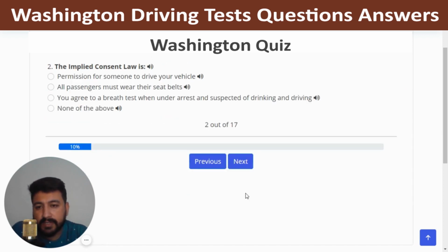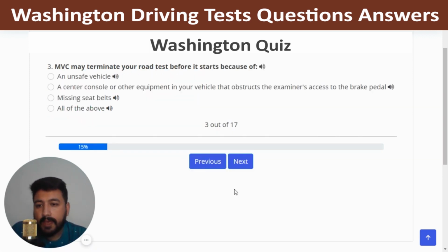The implied consent law is. The right answer is you agree to a breath test when under arrest and suspected of drinking and driving, which is the third one. Next. The MVC may terminate your road test before it starts because of. So you can choose the last option, which is all of the above. So I'm going to click on the fourth one,